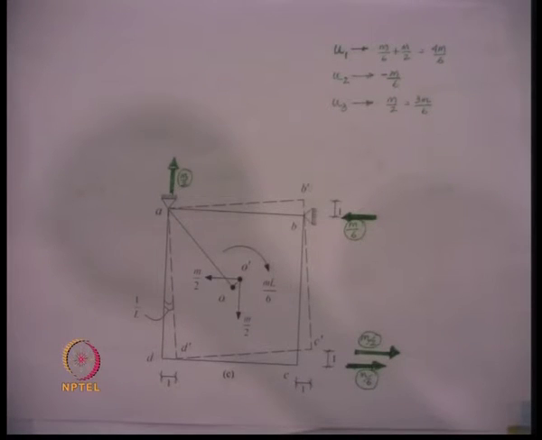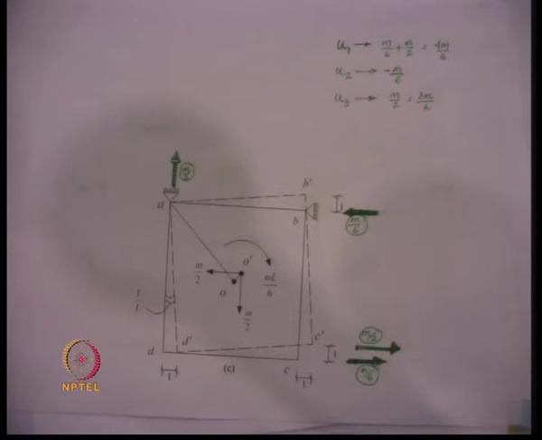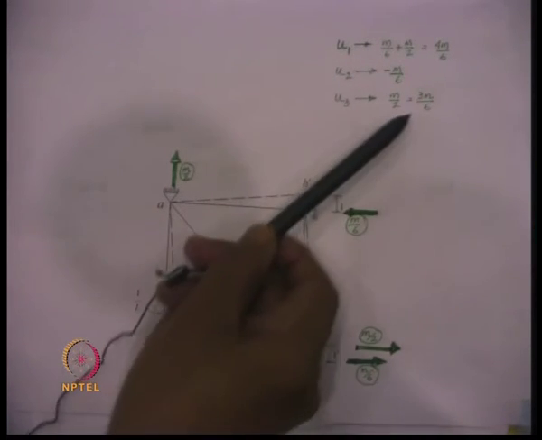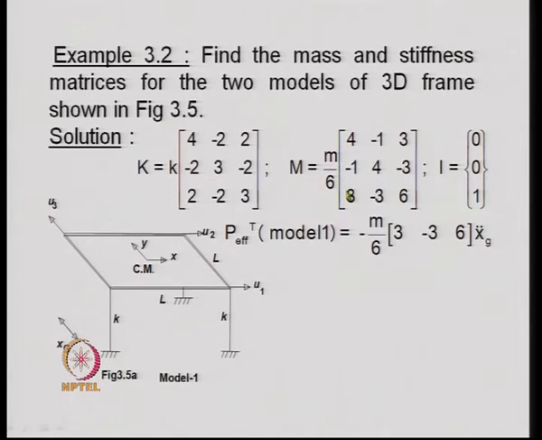So, we have the first diagonal, with m by 6 taken as a common factor, and you have 4 m by 6 for u1, that is 4 m by 6, and then minus m by 6, that is this one, and then 3 m by 6, that is this one. So, these are the three forces or inertia forces which are generated given a unit acceleration to the degree of